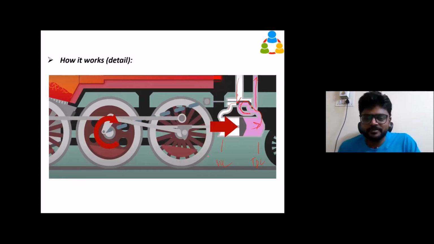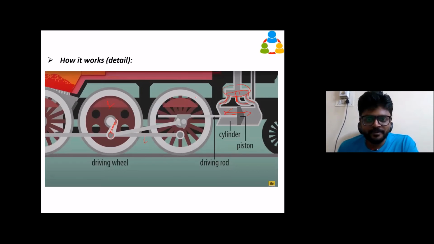Any doubt here? How is the linear motion converted into rotational motion? This is a straight rod, a simple rod. You shouldn't think this is connected to the wheel. No, this is independent, it's hanging. It is connected only with the straight driving rod. From this we connect with the crank, and the crank is connected to the wheel. So here only we are making the connection with the wheel. Up to this, there is no connection to the wheel. From this crank, again we are connecting with the other two wheels.